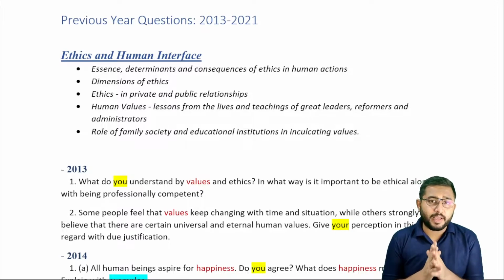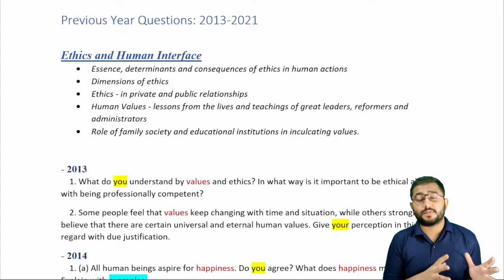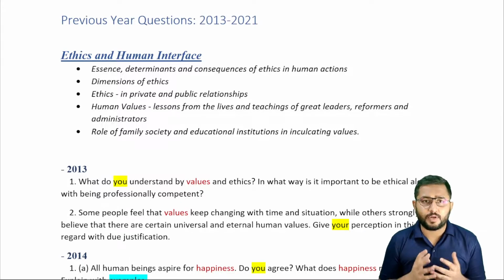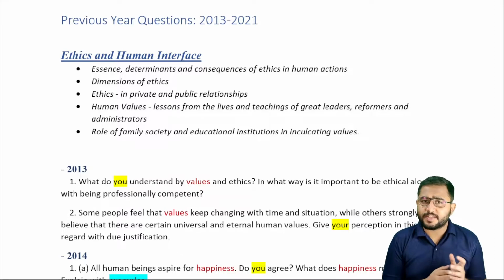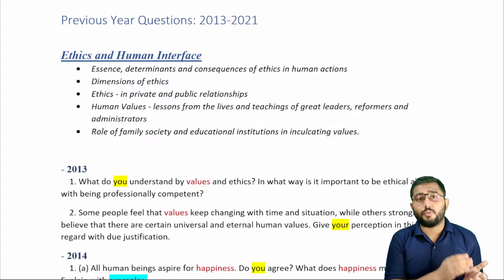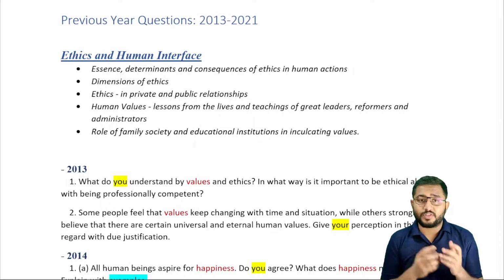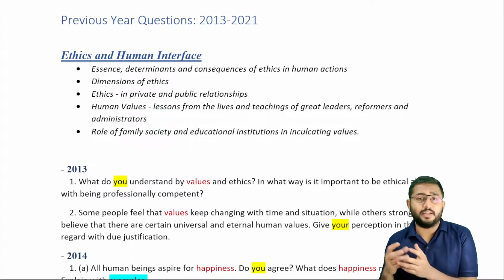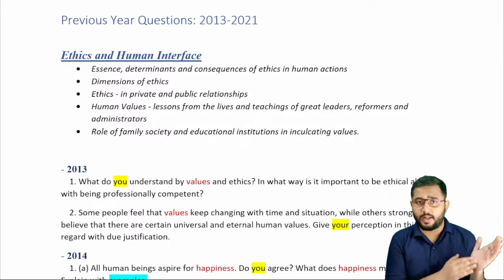Now, moving on. Looking at these questions from 2013 to 2021, it's been 8 years that UPSC has been asking these questions, which is a big enough sample size for us to understand कि UPSC पूछने की कोशिश क्या कर रहा है. Now, when we were discussing the syllabus, we understood three core things. The first thing is that UPSC is trying to understand your unique approach. Second was to see how you handle situations with moral crisis or ethical crisis, and they do that by asking you questions which are related to or derived from case studies. These are the three core objectives that UPSC is trying to achieve when we read the syllabus.